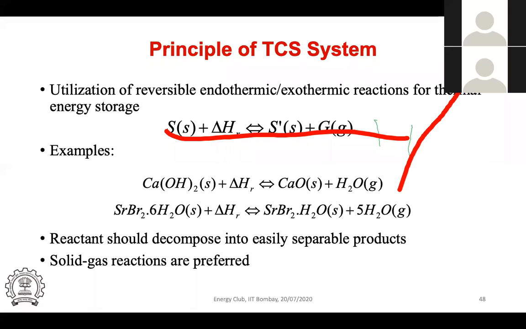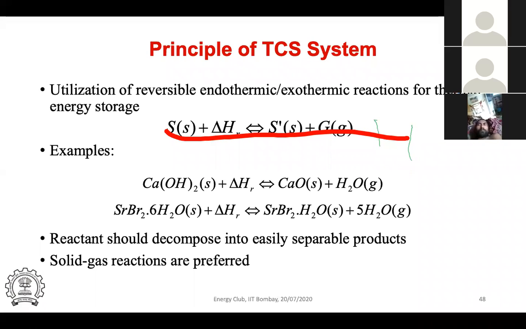So something like SrBr2·6H2O is also used as a material for storing heat. Let me tell you a little bit here: SrBr2·6H2O means this molecule SrBr2 contains 6H2O, and that 6H2O is actually inside the molecule of SrBr2. Now, if you heat it up, 5H2O will go very quickly and evaporate,